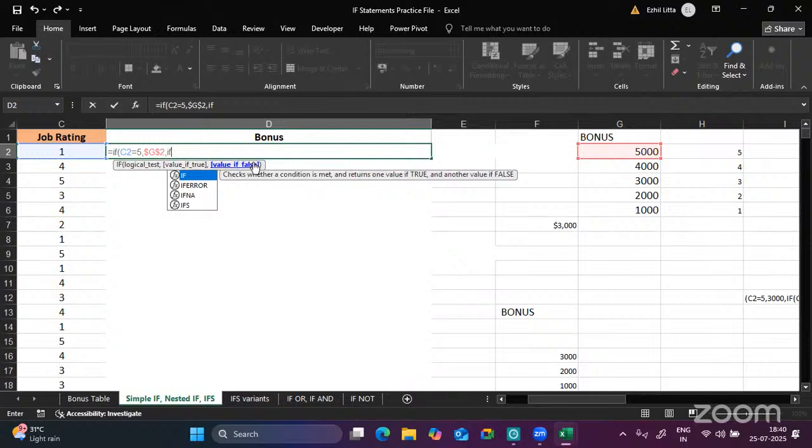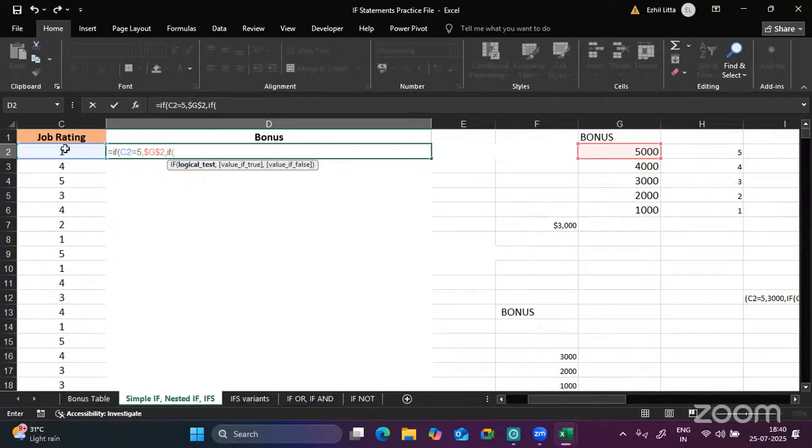So if, again open the bracket. Again it is asking for the logical test. So the logical test is job rating equal to 4, comma. If this value is true, then give 4,000. Lock it. If it is false,